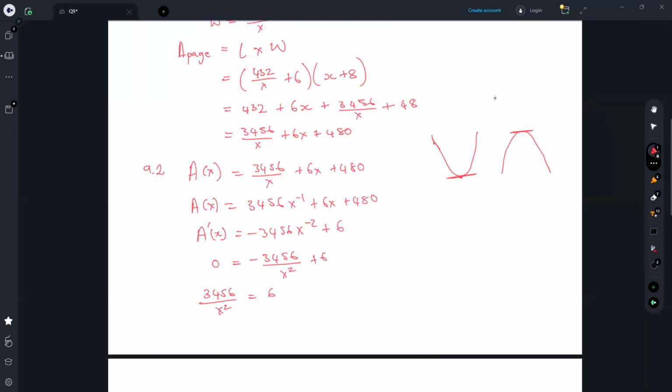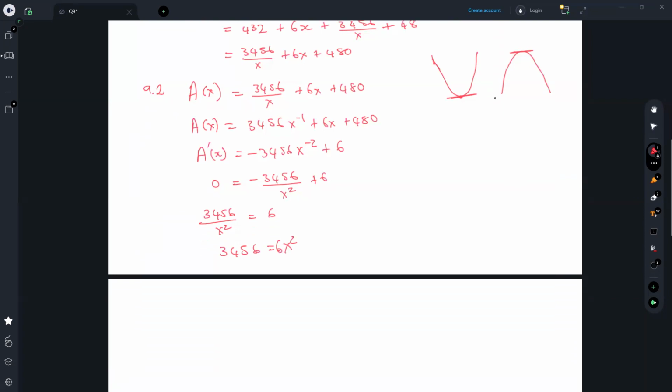Okay. So now I can multiply both sides by x squared, removing it from the denominator. I'm going to have 3456 equal to 6x squared. Divide both sides by 6 because we want to separate this information. So we're going to have x squared is equal to